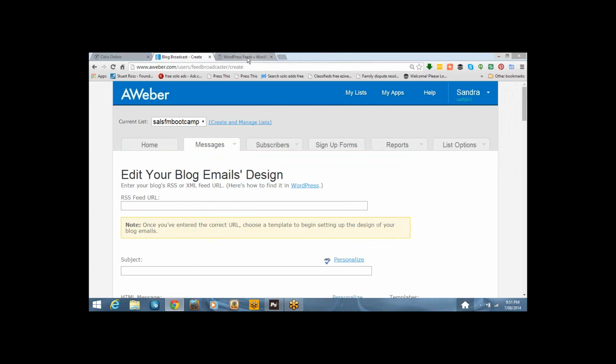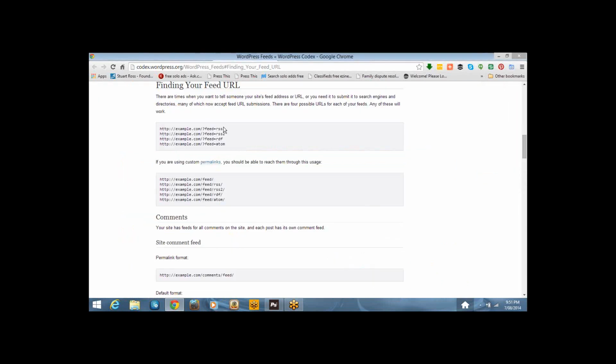This is what your RSS feed will look like. Where it says example.com, if I was getting my RSS feed from my site, it would be onestopalloshop.com, and then that would come after it.